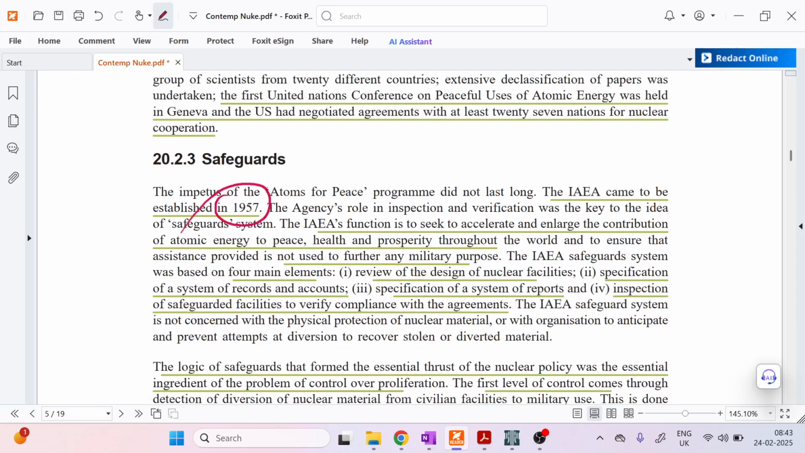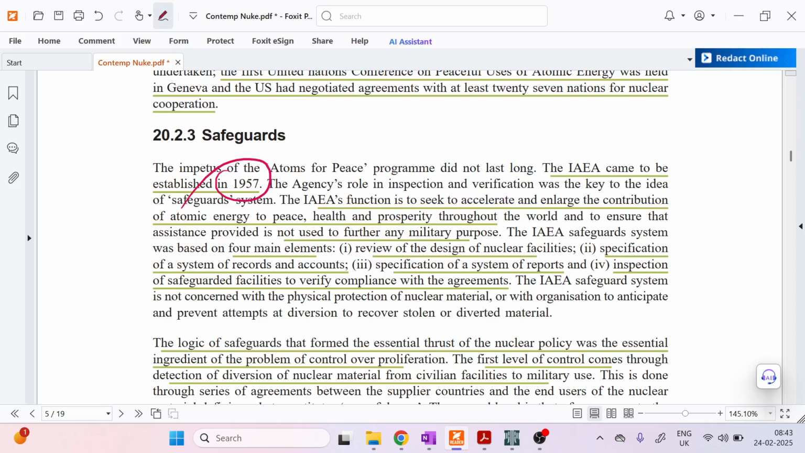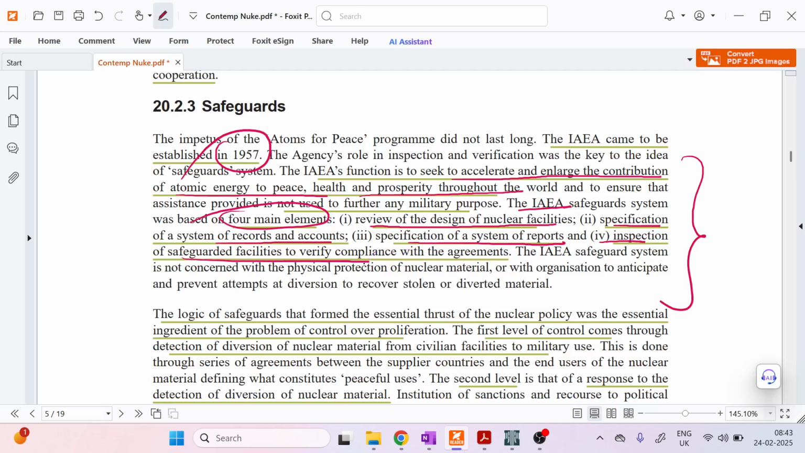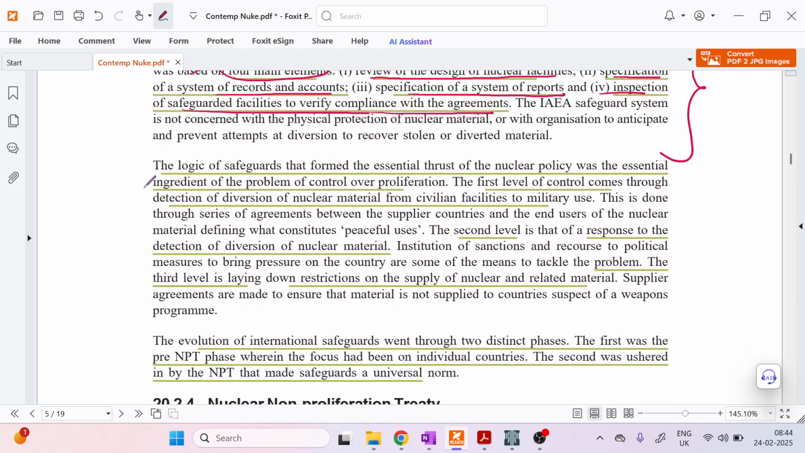The agency was established in 1957, and its function was to seek to accelerate and enlarge the contribution of atomic energy for peace, health, and prosperity throughout the world. And for this, four main safeguards were put in place. The agency was given the authority to review the design of nuclear facilities elsewhere, the specification of a system of records and accounts, the specification of a system of reports, and the inspection of safeguarded facilities to verify compliance with the agreement. So the logic of safeguards here became the essential thrust of nuclear policy because the overall issue